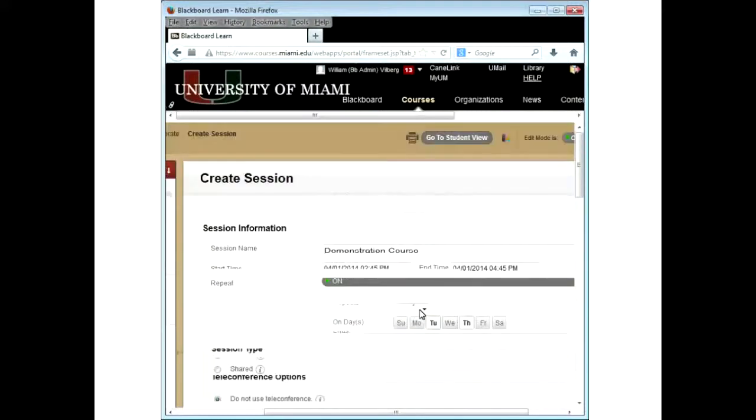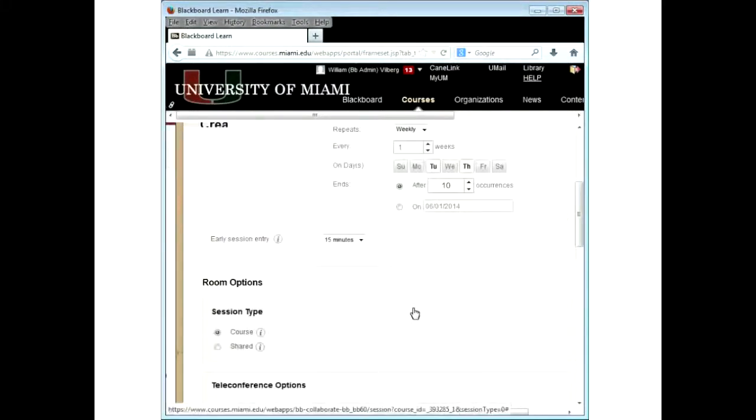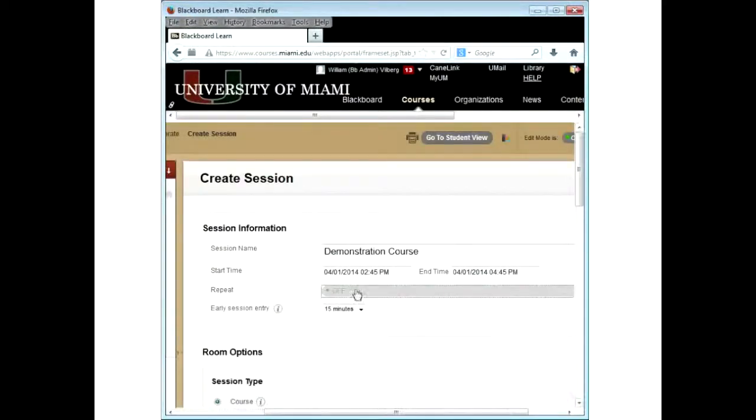Then the question, okay, so I create this session, and I want to go back and turn off the repeats. Note that it always takes the current time to the next 15 minutes. Yeah, so this is going to start at 2:45 and 4:45. You can't make a session that starts right now, because by the time you create it, it started in the past, and it doesn't like that.